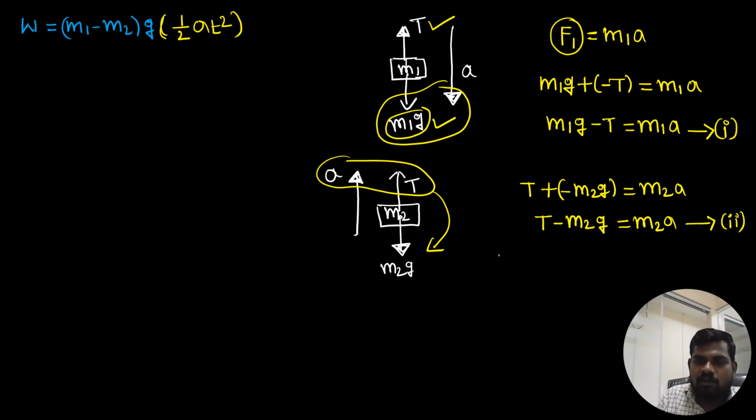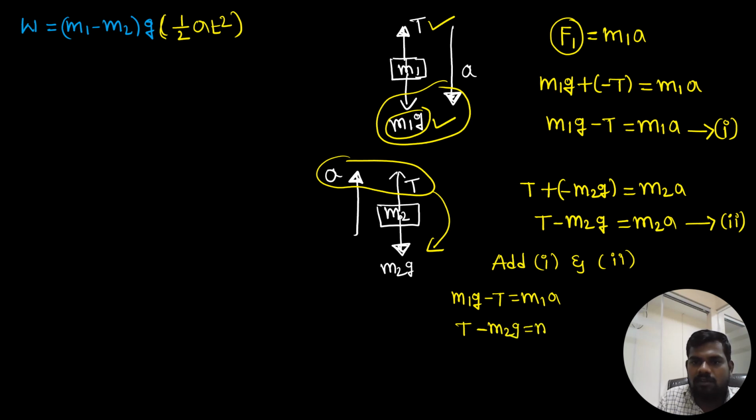So add equation number 1 and equation number 2. Then see here, m1g minus T is equal to m1a, and T minus m2g is equal to m2a. Addition I am taking. You can observe very carefully. The minus T plus T cancel. So what is the remaining? m1g minus m2g is equal to